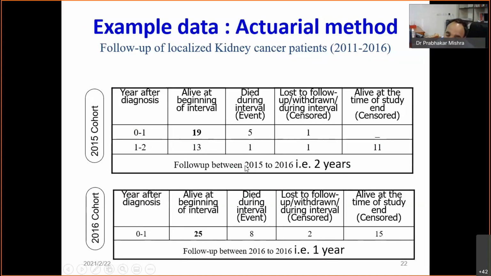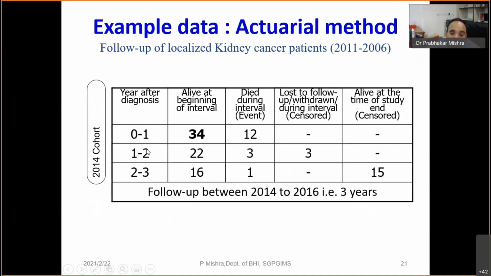Now an important point here is that this is the first year. 2016: this is the first year for this cohort. For 2015, this is the first year and this is the second year. For 2014, this is the first year, second year and third year. Now if we combine all the first years, how many first years will we have? There will be 6 first years, because the first year is in all of them.